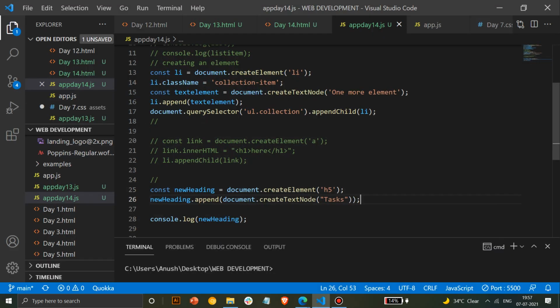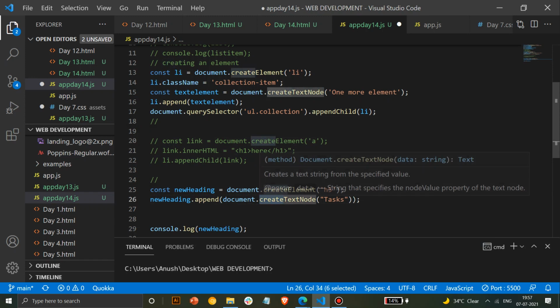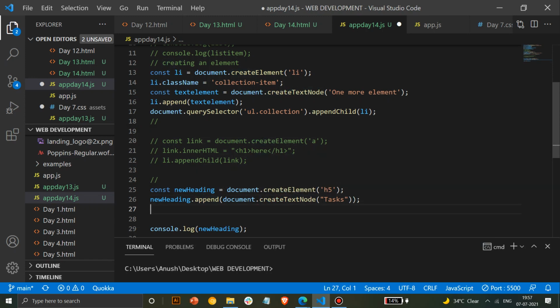You can do inner HTML, all of that will work. Whatever I've taught beforehand, or text content, anything you can do. But it's better to always use the create command in JavaScript, because it's recommended by JavaScript. Sorry. So now we'll replace the old heading with a new one.